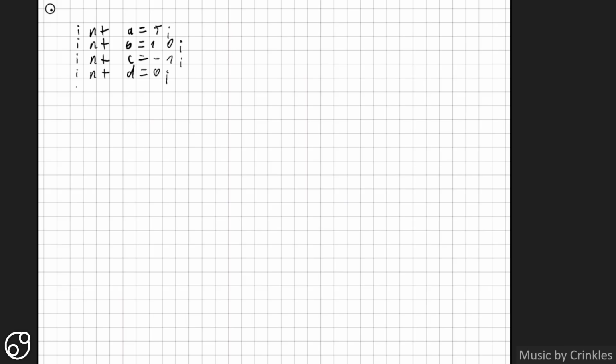And then let's do a fifth, e, which is, what's a good number? Let's use 42, that's always a good number. And if I needed any more numbers, I would have to add more declarations for more integers, which is a bit annoying,